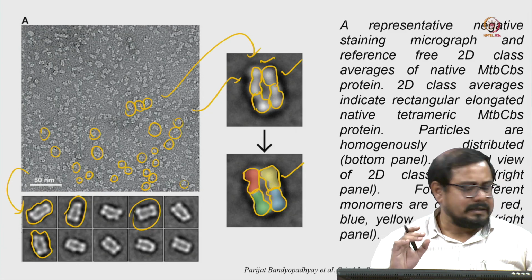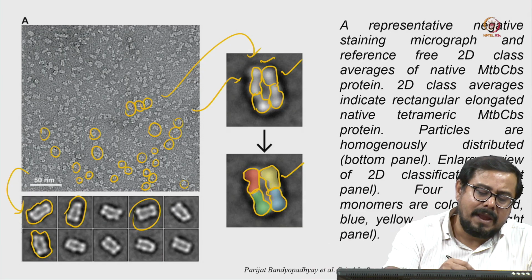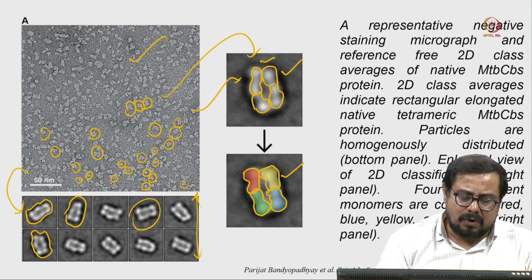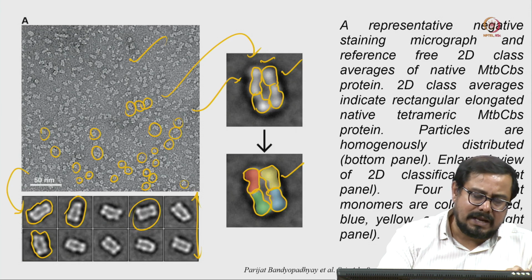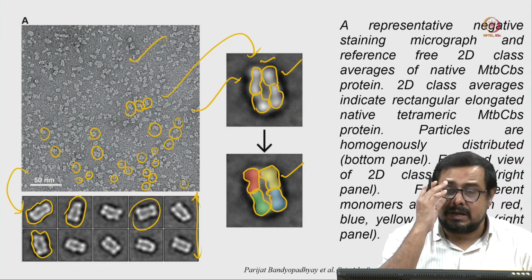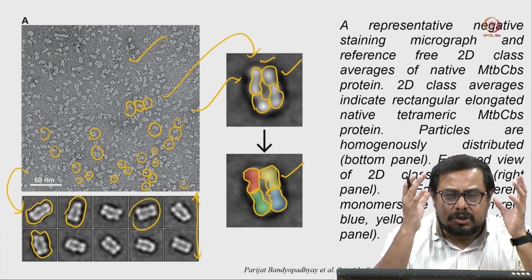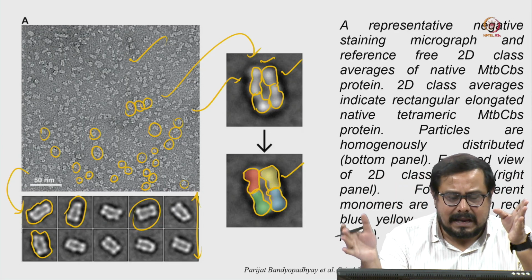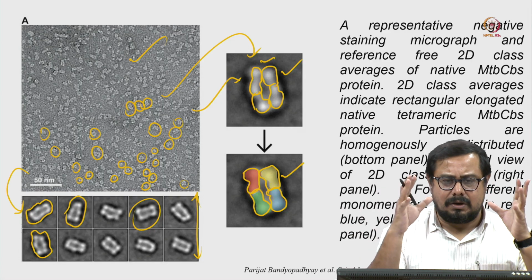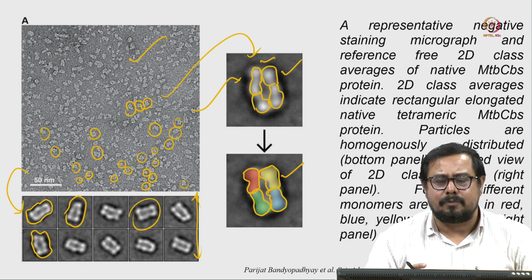Next we will discuss a little bit more about one more protein sample. If you have negative staining images like that, you can do this kind of analysis, where you look at the individual protein molecules, analyze those data, and calculate the 2D averages. From there you can tell the oligomeric state of that protein. From the SEC profile you can calculate the oligomeric state, and from the sigmoles also, but here you can visualize the actual oligomeric state of that protein.